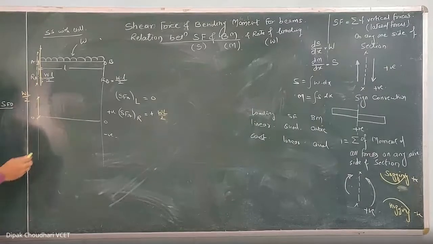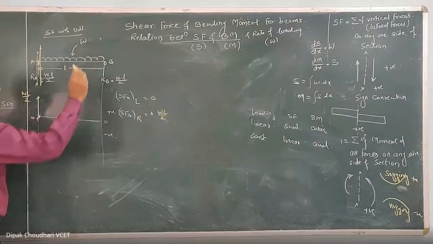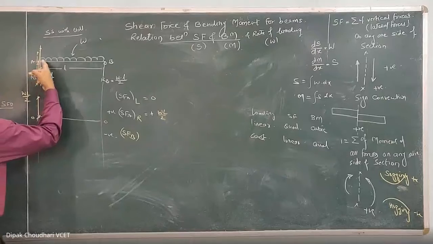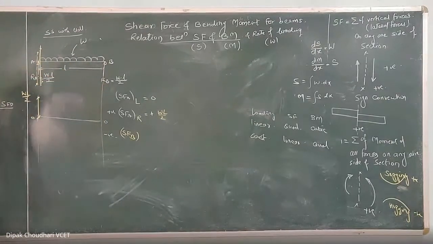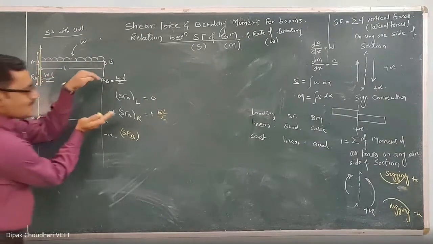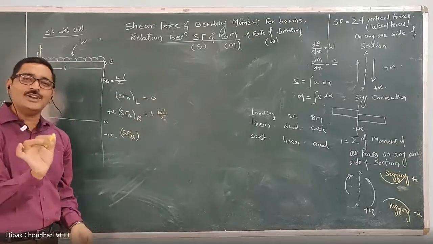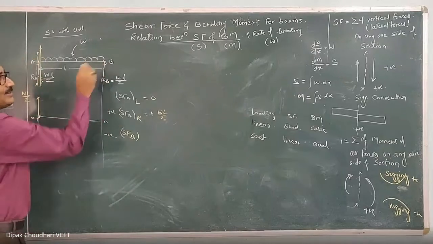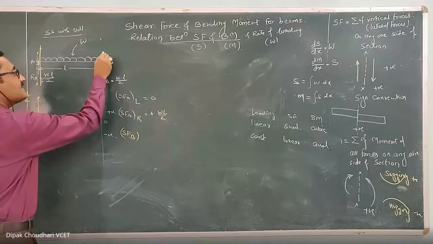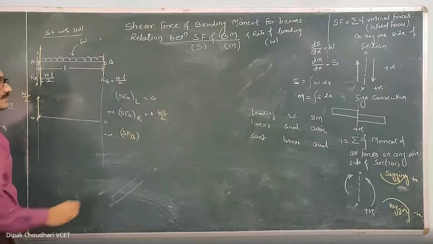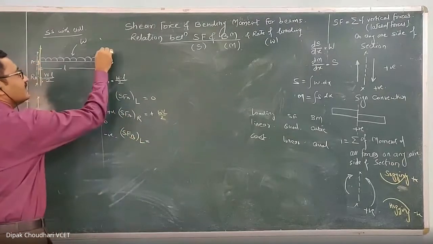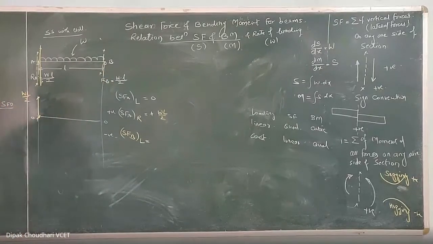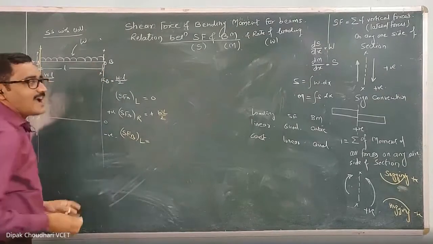Now, similarly, let's find the shear force at point B. Here there is a continuous change in loading. You have to calculate the shear force at such a point where there is a change in the loading. So here there is a change in the loading because of this point load. So I am considering first the left side of B. So the shear force at the left side of B. Let this section be very close to B but on the left hand side. Now what will be the shear force at this section? How to calculate the shear force?